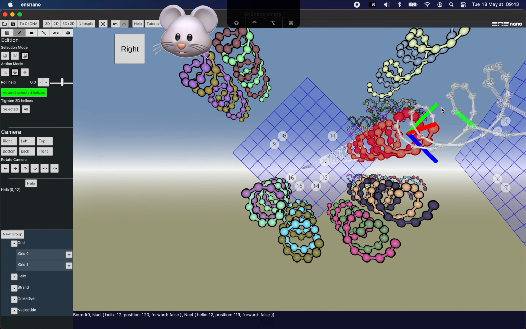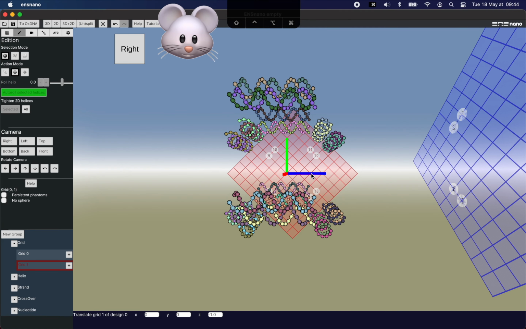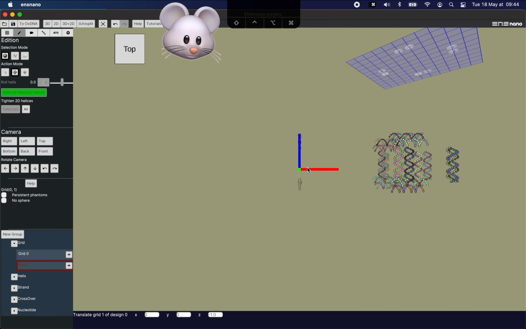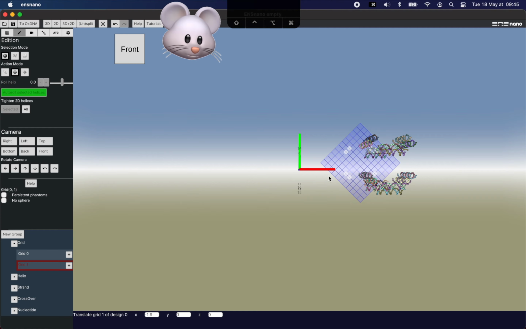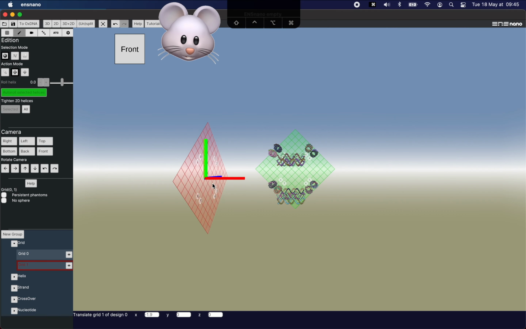Maybe now it's a good time to align the 2 sets of helices. So let's move. We have set the handles aligned with the canonical axis. So this will allow us to align properly the design by just using the standard views. So we want the helices to be around this shape. Okay. So let's move to another standard view here. So it should be something like that. And then front. So you have to be aligned.